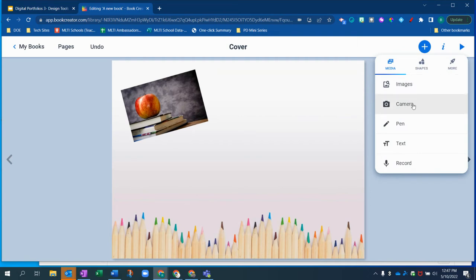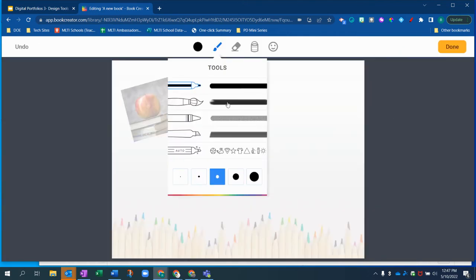Camera, you could use this, and if students have a camera on their device, you can take a picture or record their own video and have that pasted in here. That's a pretty cool feature. They can draw, right, with your different drawing